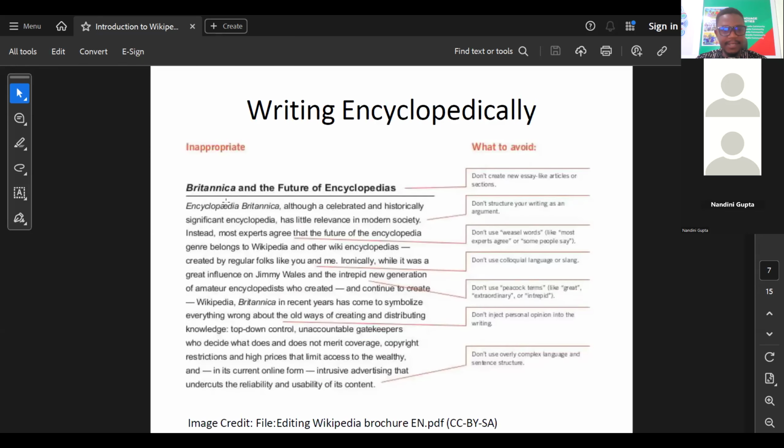So let's just take a look at this one. Encyclopedia Britannica, although it's celebrated and historically significant encyclopedia, has little relevance in modern society. Instead, most experts agree that the future of encyclopedia genre belongs to Wikipedia and the wiki encyclopedias created by regular folks like you and me. Ironically, whilst it was a great influence on Jimmy Wales and inspired a new generation of amateur encyclopedists who created and continue to create Wikipedia. So this structure tells you that you should not create articles that are easy